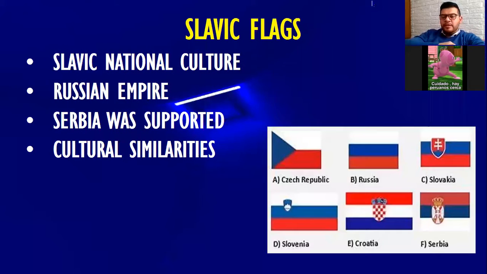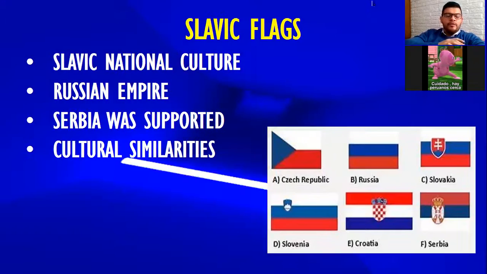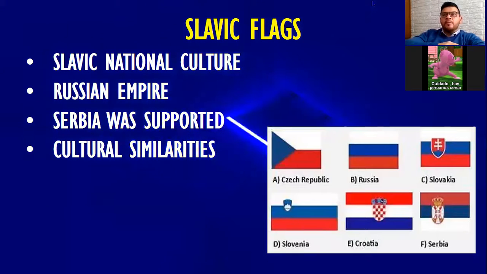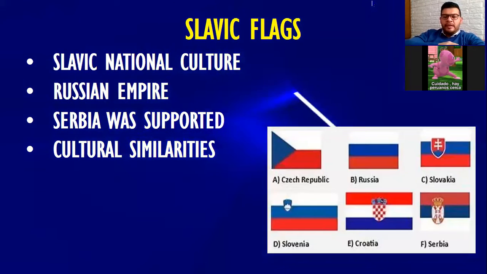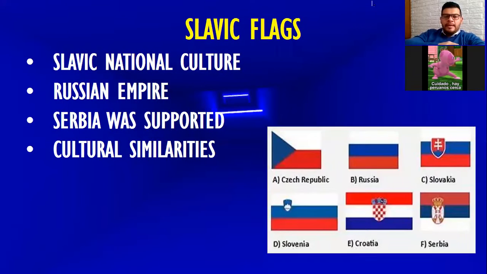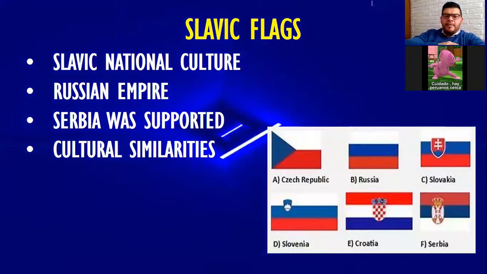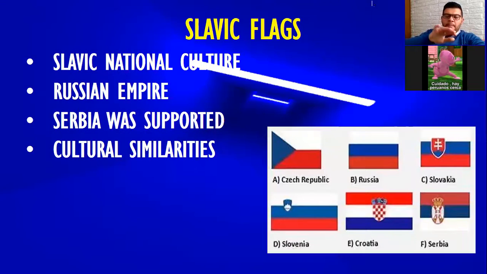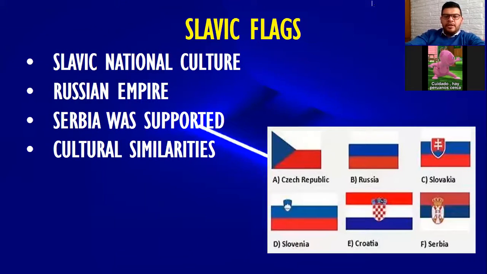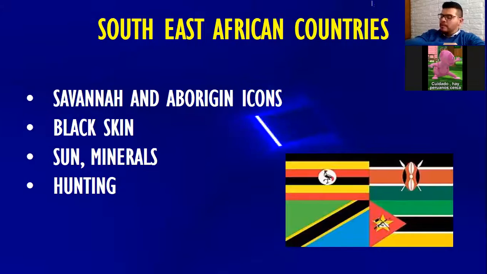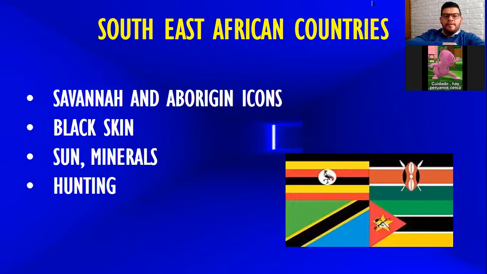And also, if you notice, these countries have cultural similarities, like for example the way of writing, the way of reading, languages that are kind of the same, religion, and many other things that are shared by these Slavic flags, which are part of the east side of Europe. Okay, so let's keep on checking what other flags look the same, because I would like to show you the flags of Africa.